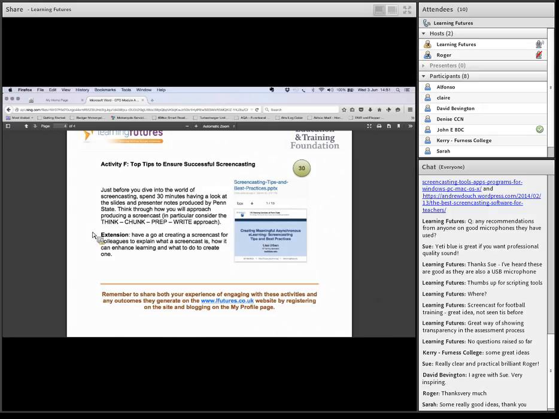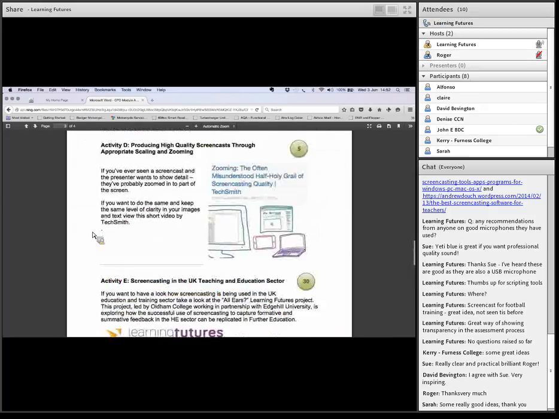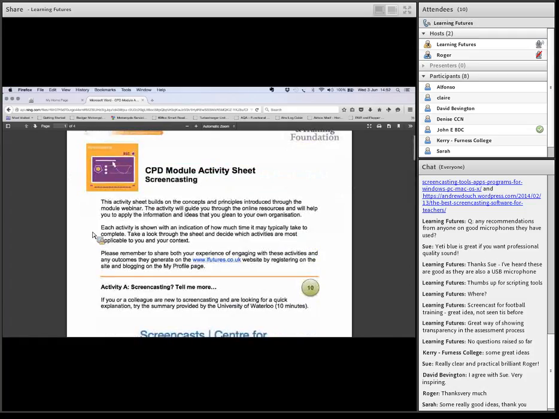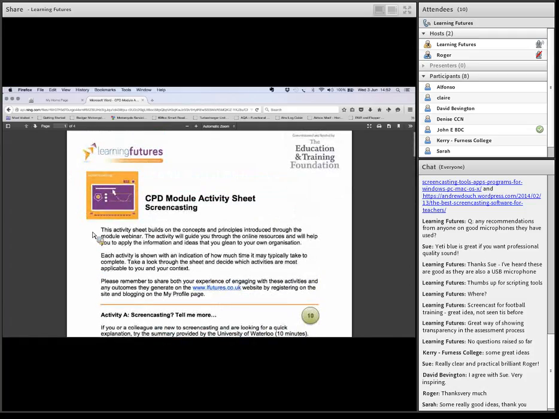As I mentioned, please feel free to dip into those. They're in no particular order. You're not asked to submit anything that's going to be marked or anything like that with these activities, but they're really there to help you with transference back to the organisation, to help you if you wish to do a little bit more screencasting. Now if I just take you back into the Learning Futures site,